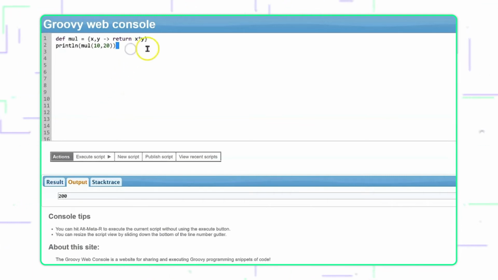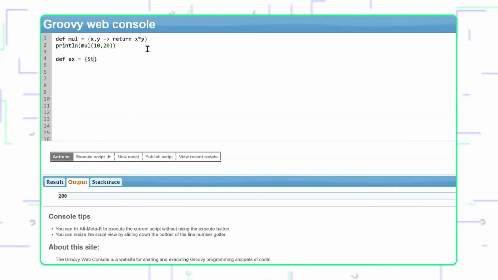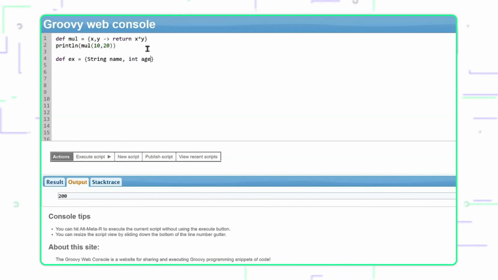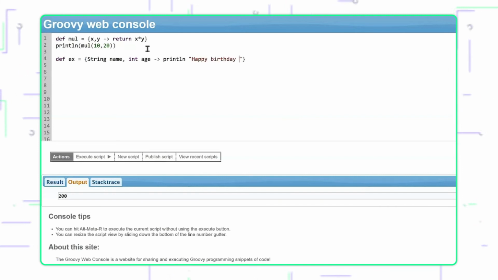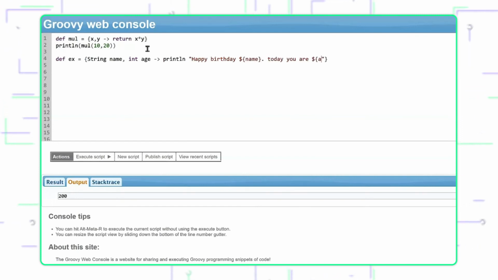Closures provide you with a lot of flexibility, so let's have another example. Alright, we'll create a closure again. This time, we will provide data types, so a string name and an int age. So what we want to execute here is a simple println statement that says happy birthday, and we concatenate the name variable within it. So this will concatenate the two variables that we declared, the string name and the int